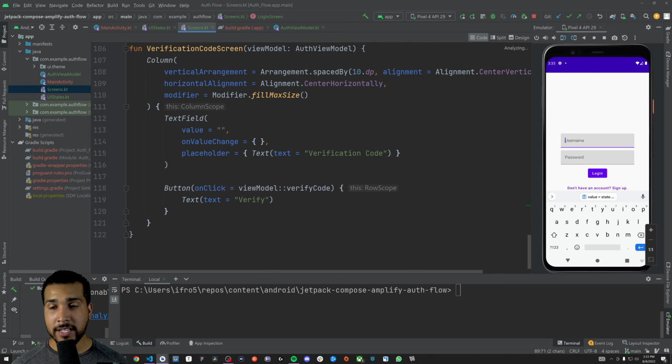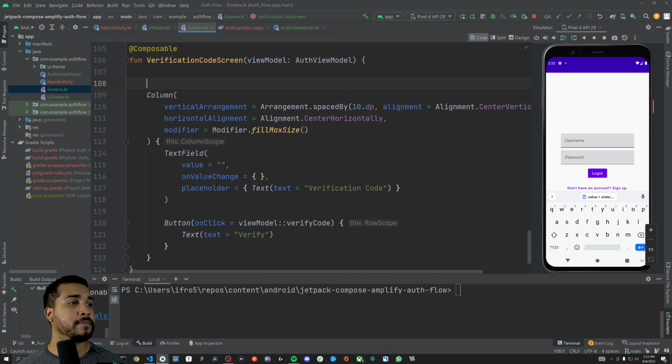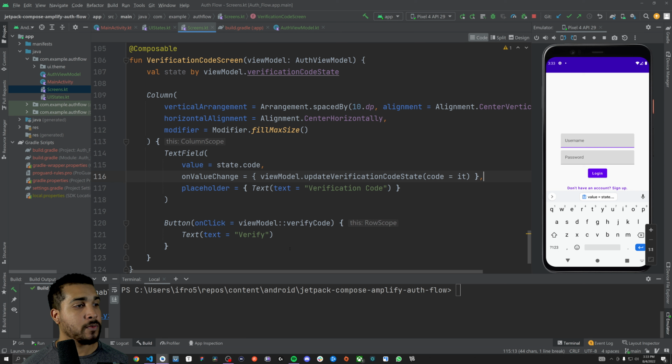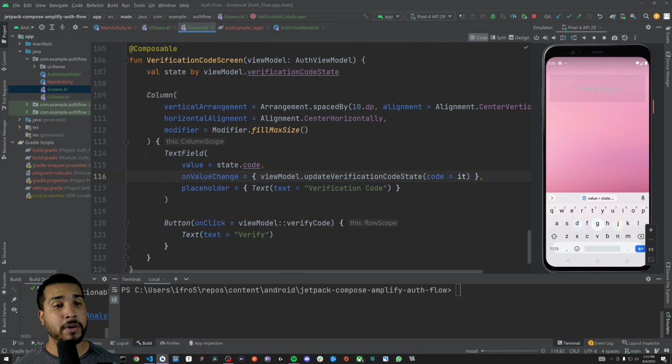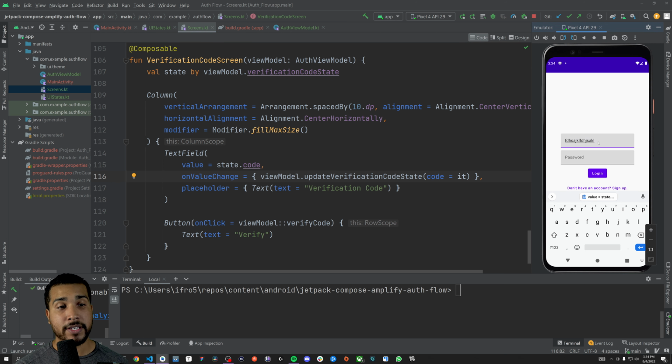Lots of repetitive tasks for authentication, but we got to do it. All right, so verification code, once again, create the state, then pass it into the text field so that we can actually have some state for the text field. If we run this now, we'll actually be able to start typing it in, but we're not doing anything with that state change, but at least we'll be able to see that we can actually utilize having data in each